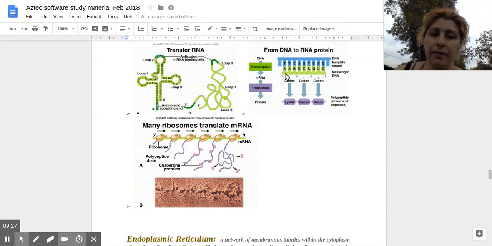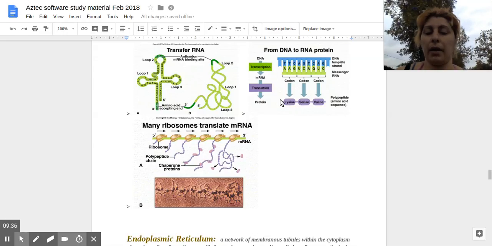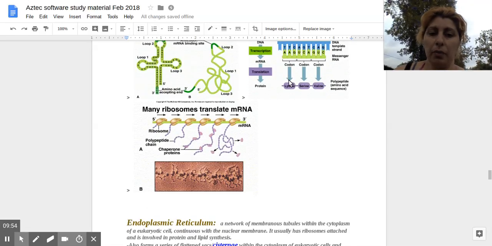For example, if you have adenine, guanine, this codon stands for the amino acid lysine. If you have uracil, cytosine, adenine, the amino acid serine goes to that codon. If you have guanine, uracil, cytosine, you have the amino acid valine. Then adding all these amino acids creates a sequence of amino acids, which creates the